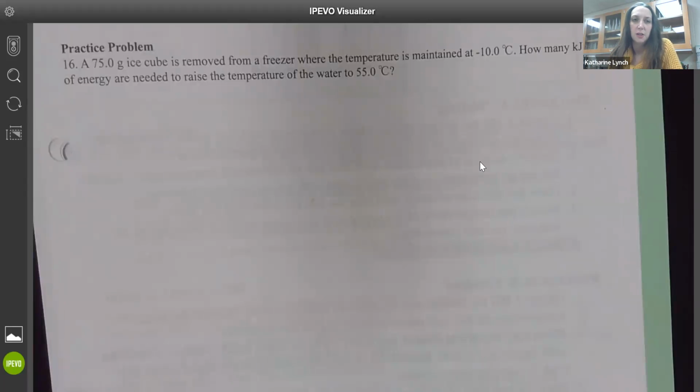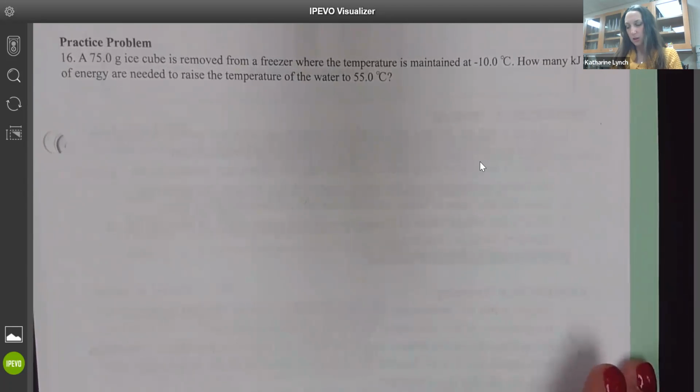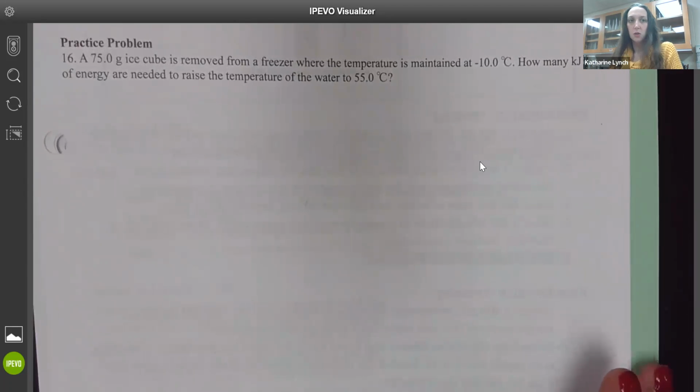Hi guys, this video is going to be a practice problem for a heating curve of water total energy calculation. It's actually found at the end of your heating curve lab. It's the very last problem. It's number 16. So in this problem, we've got a 75-gram ice cube removed from the freezer, and its temperature